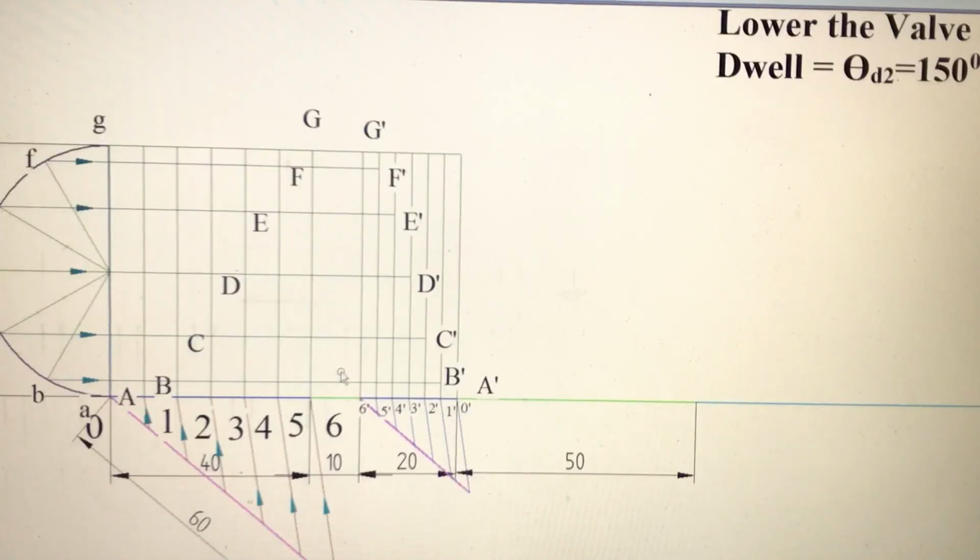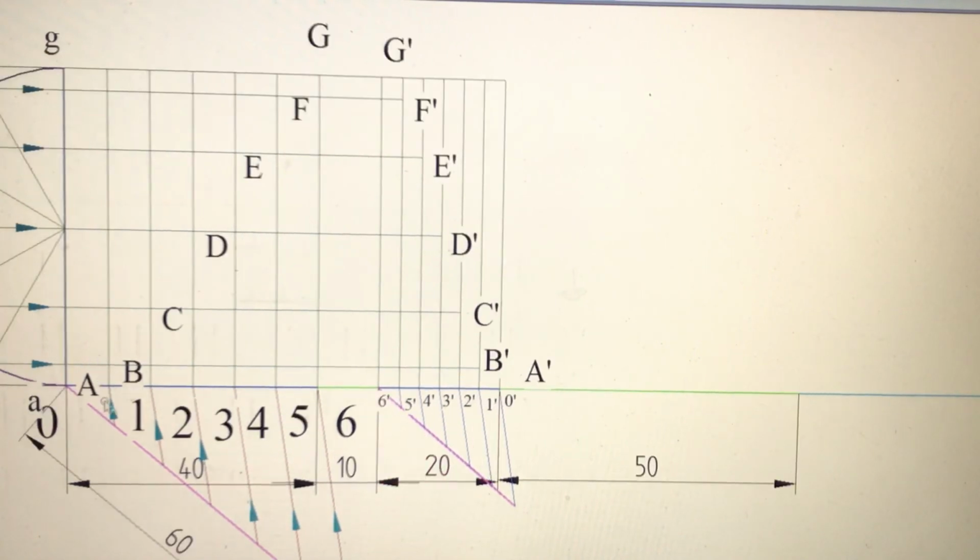Next, you extend those points for the angle of return, because the angle of return is also of simple harmonic type. So small a to the 0 dash line, next small b to the 1 dash line, so you get b dash, and a dash. Like small c to the 2 dash line, so you get c dash, small d to 3 dash, and so on to the respective points, so that you get g dash, f dash, e dash, d dash, c dash, b dash, a dash in reverse order.